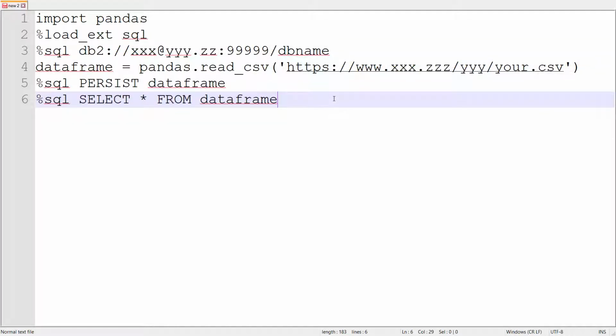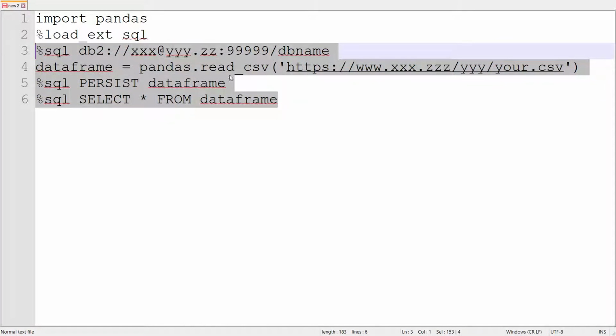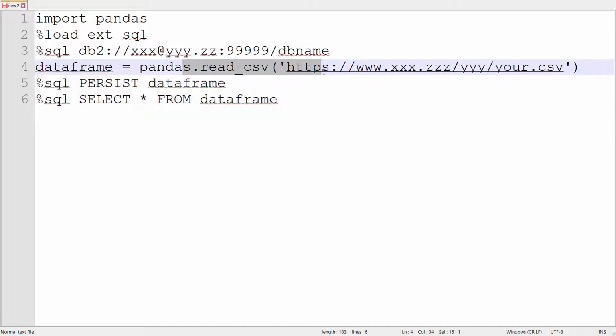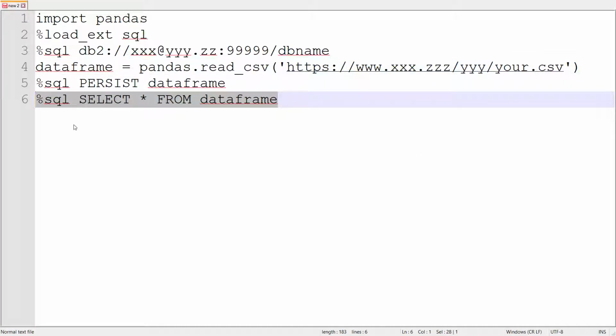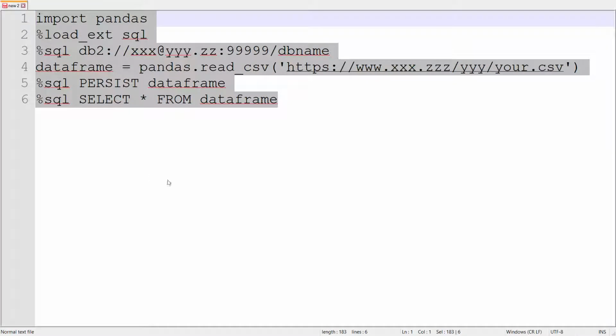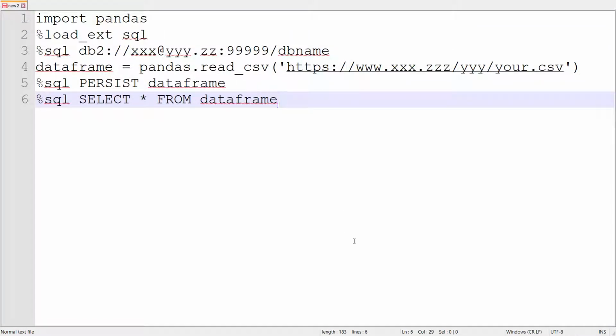So why does using Jupyter make sense for data science? Well, for example, because with 4 lines of code, you read a CSV, make a SQL table that is appropriate for the data that is in this CSV, and you display this data in a user-friendly manner.